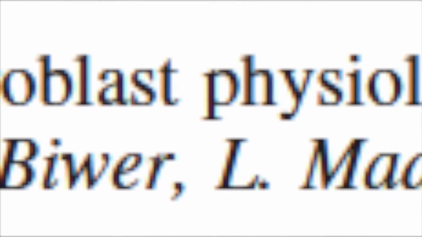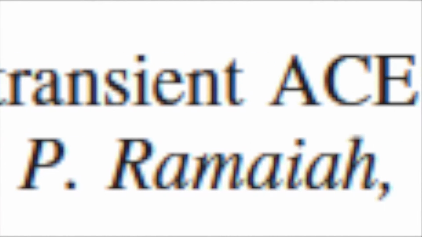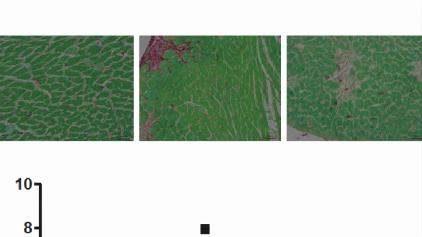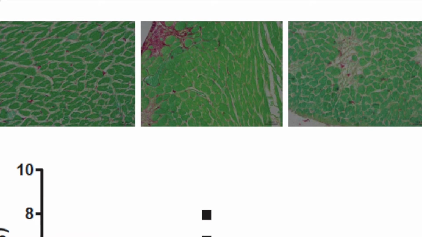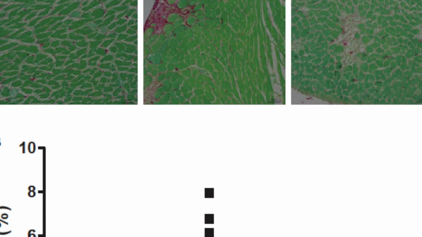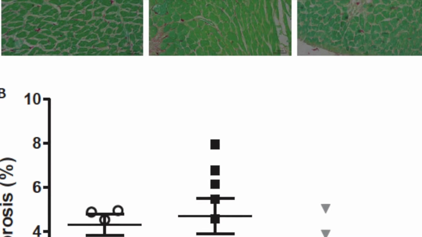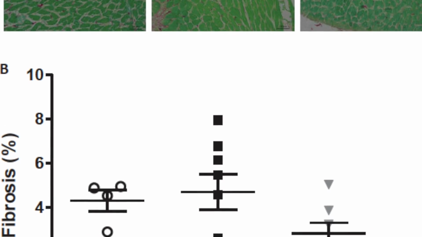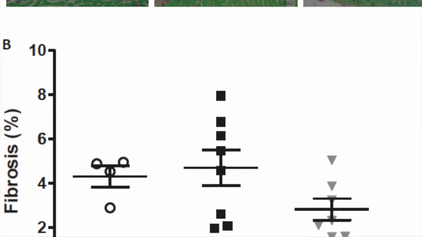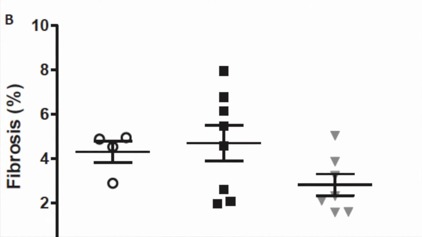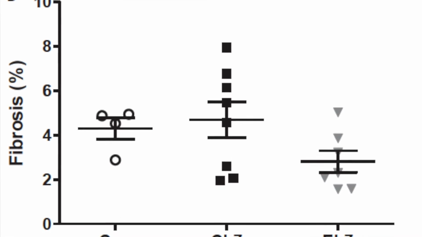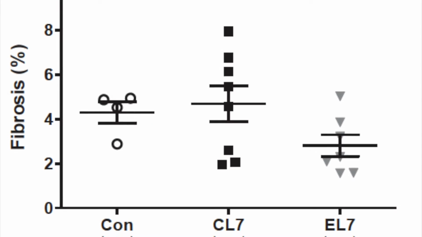Finally, D'Souza et al. investigated the role of ACE on cardiac fibroblast physiology. Adult male spontaneously hypertensive rats were treated with vehicle or the ACE inhibitor enalapril for 2 weeks, followed by a 2-week washout period and a subsequent 7-day challenge with the NOS inhibitor L-NAME. At the end of the study period, cardiac fibroblasts were isolated from control and enalapril-treated left ventricles to assess proliferation rate, collagen expression, and chemokine release in vitro.